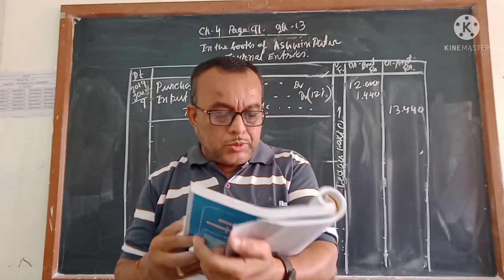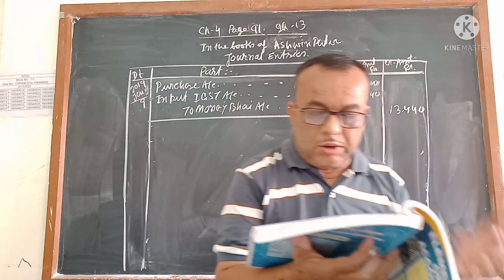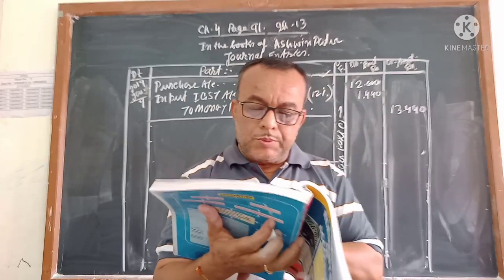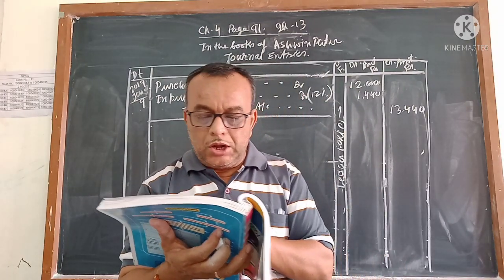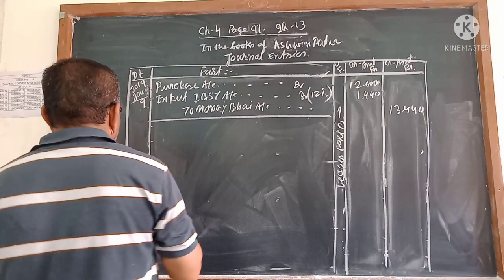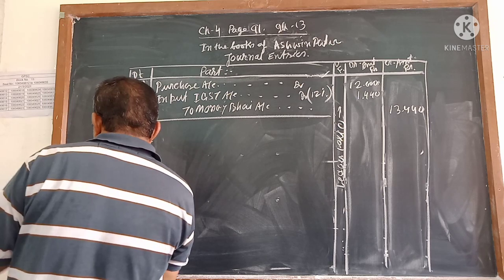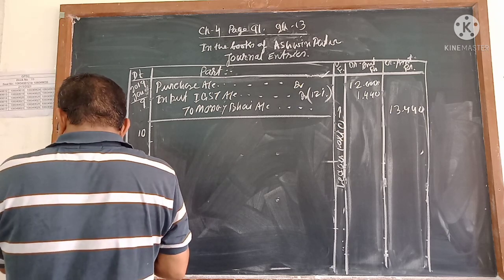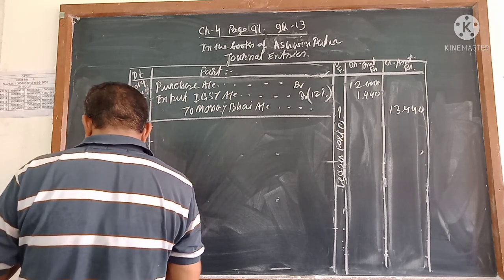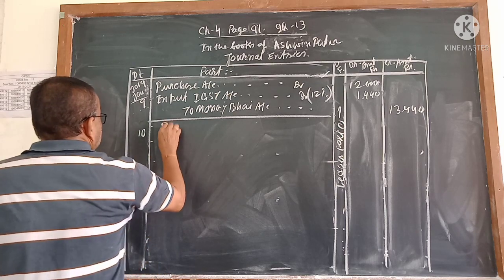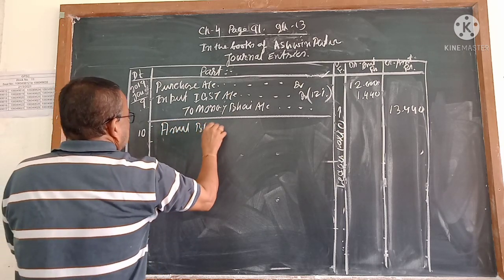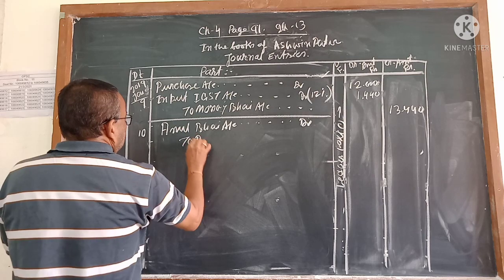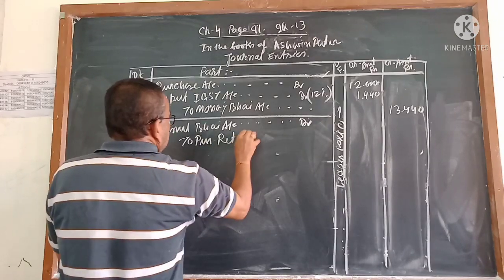10 is coming. Goods of rupees 2,000 returned by Amul bhai of Anand. आनंद का ट्रांजेक्शन कब हुआ था? 4th में. Now goods of rupees 2,000 returned by Amul, that is called a purchase return. Is not it? So 10 you see it is coming purchase return, and if it is coming purchase return, then Amul bhai account debit to purchase return, लिखना है. Amul bhai account, purchase return credit, that all of you know, to purchase return account.